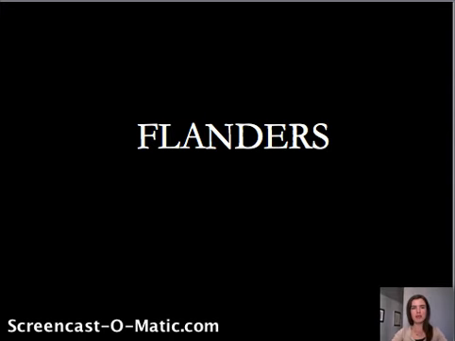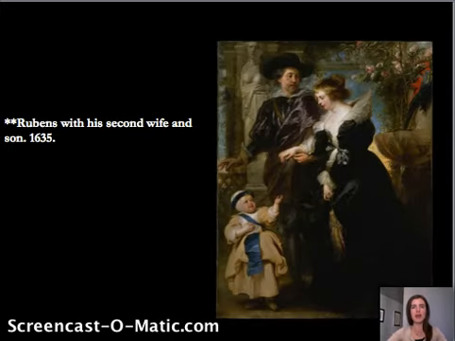Let's look at an example of a self-portrait with his family. And he did a number of self-portraits as well as family portraits, and what we see here is Rubens as an older man with his very young second wife and their son. And what we often see here are gardens that are equated with ideas of love, but clearly Rubens is emphasizing